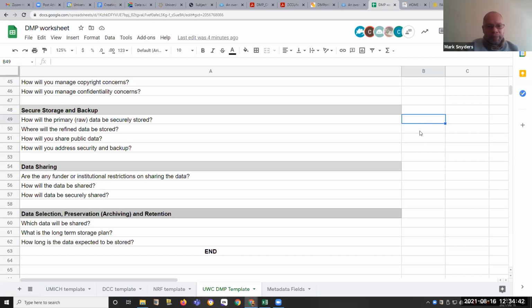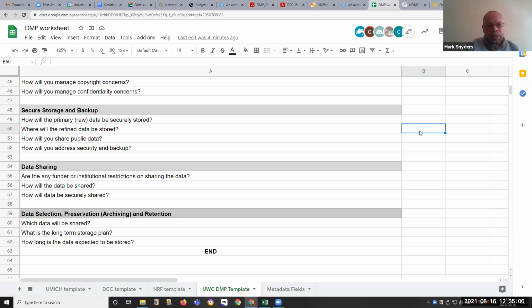As far as refining your data is concerned, you will need to be able to indicate where to store your refined data. Bear in mind that as far as research data is concerned on Kikapu, we can store your raw data as well as your refined data and only make your refined data available publicly.